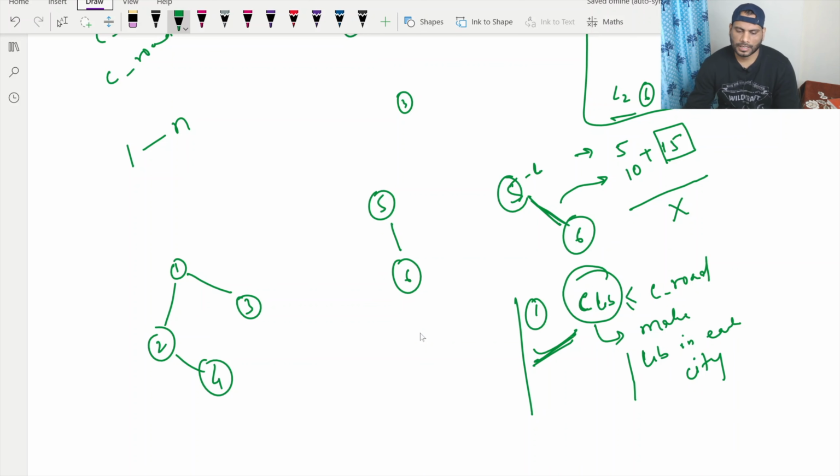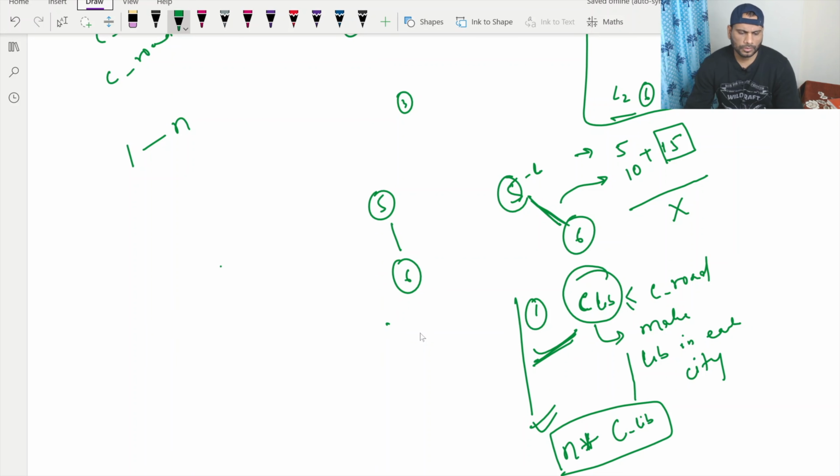We'll simply count how many cities are there, right? So in this scenario, where cost of making library is less than or equal to cost of making road, what we will do, we'll simply return n into cost of making the library. This will be our answer. No need to do any calculation or make any connecting roads. So this is very clear in a simple way. Now let's go for the